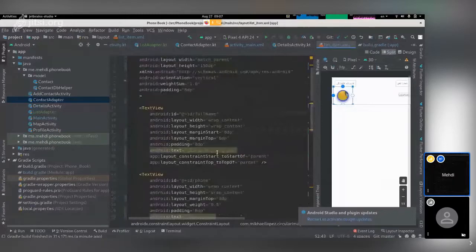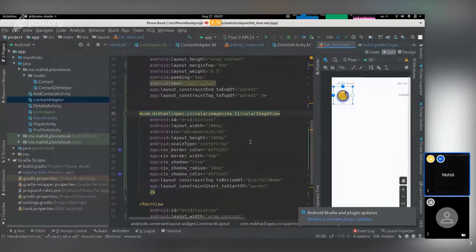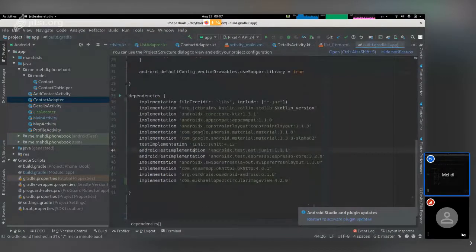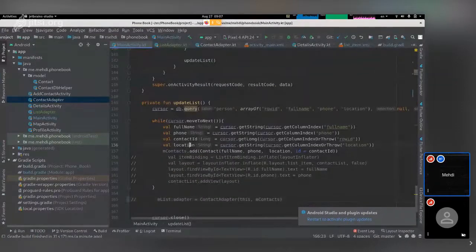And I'm gonna change the source to a picture that shows it better. Not bad. So now that we have our list items, we can go ahead and fix our main activity to see if everything is all right here. So we are sending mContact